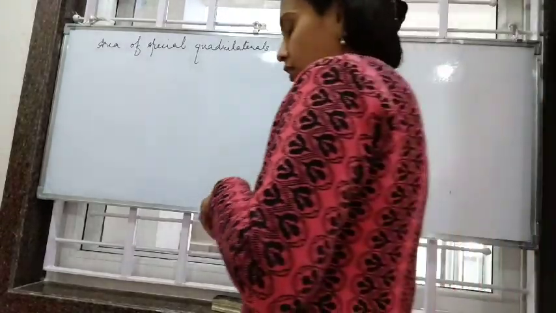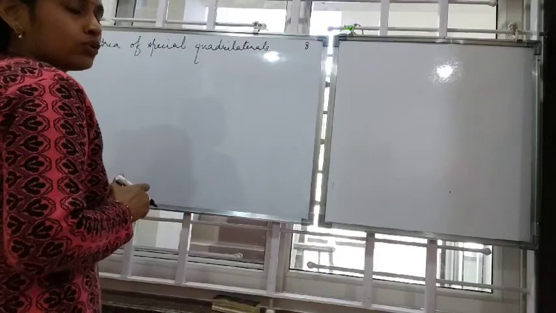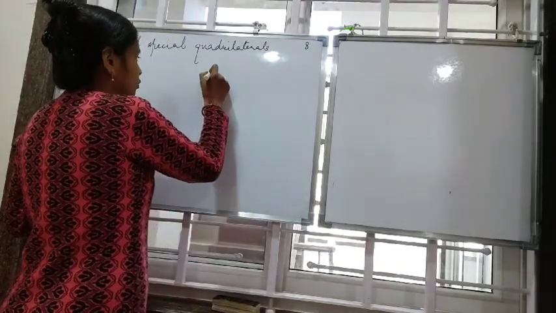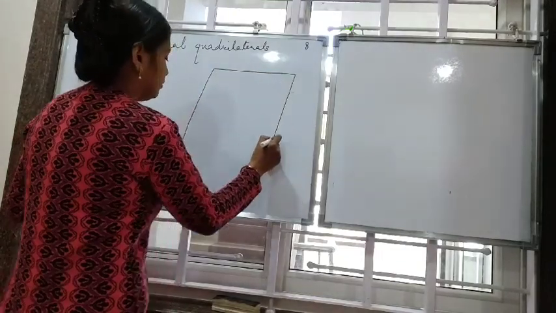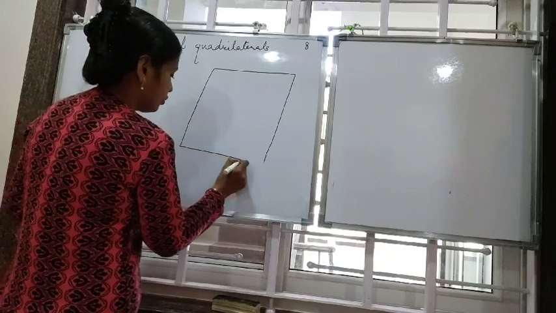Okay, children, in our last class, we did some try these and we found certain areas. We learned how to find out the areas for general quadrilaterals, then trapezium, yes. So today we will study how to find out the area for special quadrilaterals. Now, special quadrilaterals, you must be thinking of rhombus, right? Whose all four sides are equal. So let's make a rhombus. It may not look, but it is a rhombus. Okay, children?